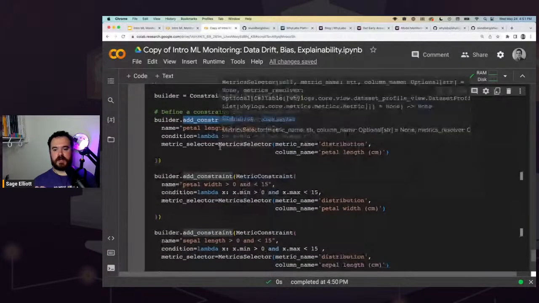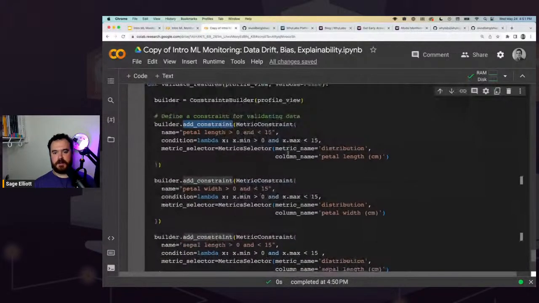And we'll look at a profile and remind you exactly what it looks like. But basically, we had all those things in our profile where we're saying, look at this column, petal width, look at the distribution, and out of that, if the min on that distribution metrics is less than, make sure it's greater than 0 and less than 15 is what we were saying. So basically, anything in that profile, including custom metrics that you write in, you can set up some sort of validator like this. It's a little Lambda function.